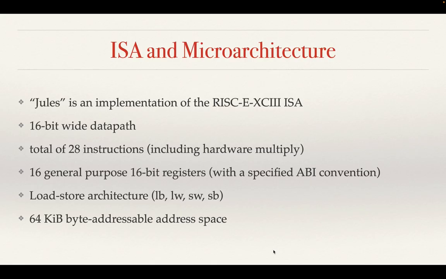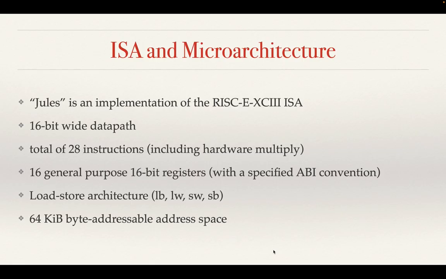The ISA specifies a 2 to the 16, or 64 kilobyte, address space, which is byte addressable. The only way to modify memory is to use the load and store instructions. I've specified both word, 16-bit, and byte, 8-bit, variants of both of these instructions. There are a total of 28 instructions. We will see some of them in more detail later, including a hardware multiply instruction which I implemented for the